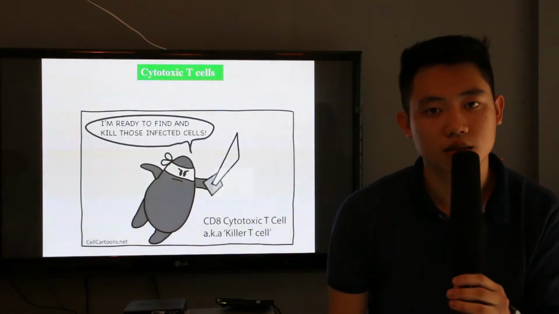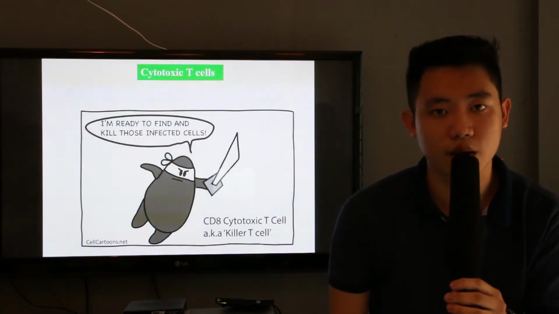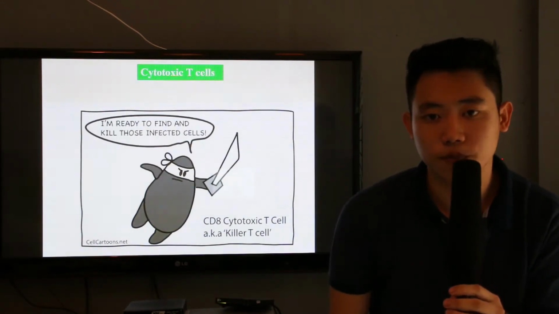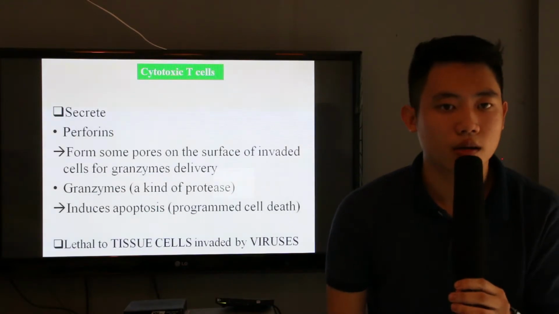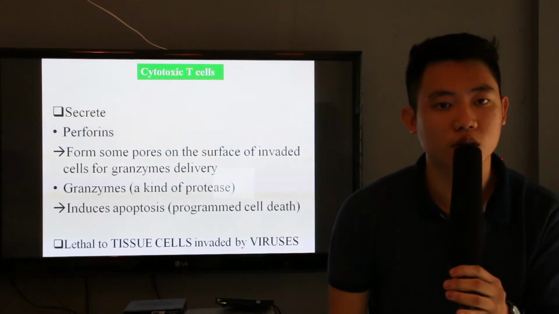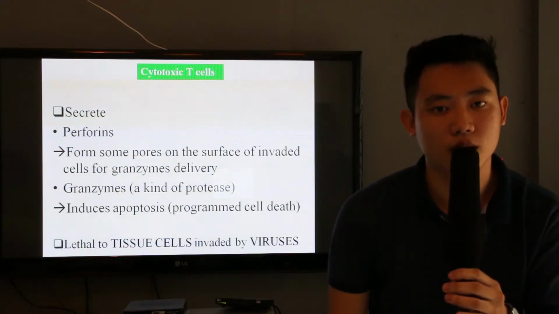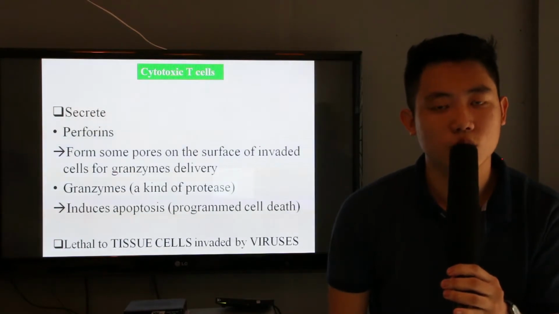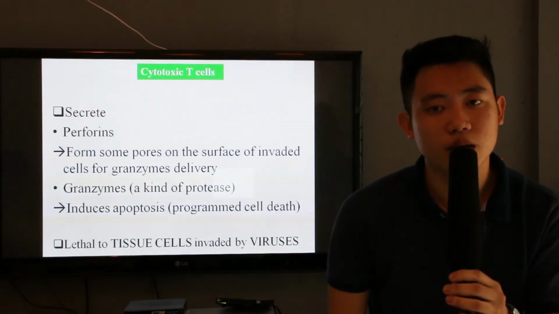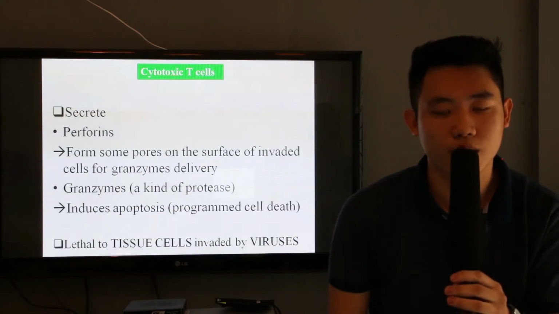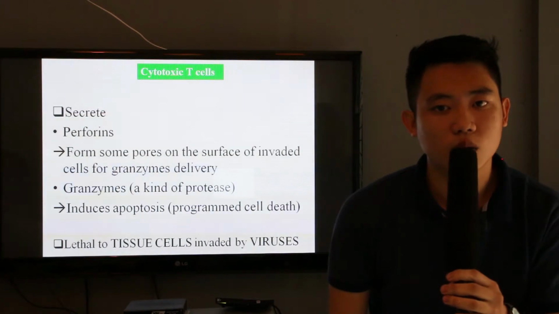Now the second kind of T cell is the cytotoxic T cell, also known as CD8 or killer T cell. The cytotoxic T cell will secrete perforin, a chemical substance that forms a pore on the surface of invaded cells, so the fluid outside penetrates into the cytoplasm and makes the cell swell and burst, and also